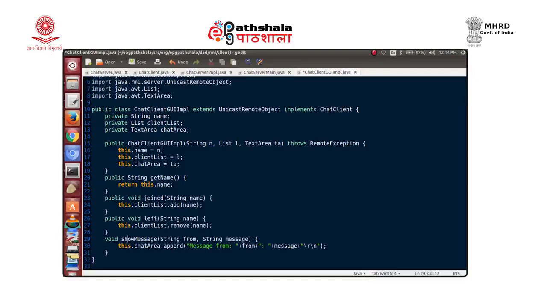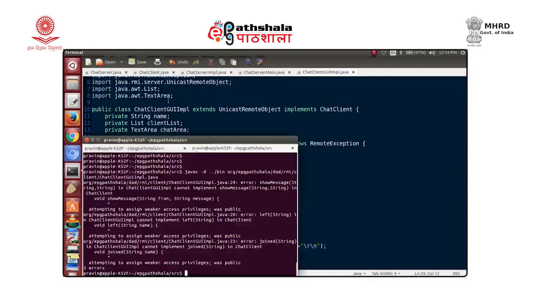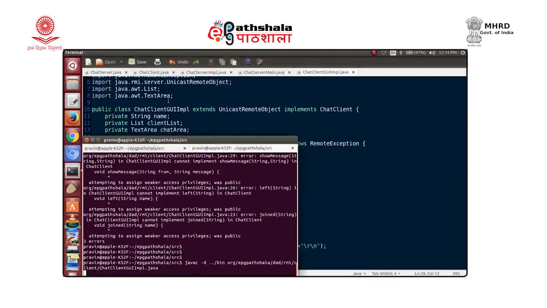Okay, let us compile now. Fine. So, the compilation for this component is also done. Fine. Now, the important part. Okay. Now, what we have is, we are going to have a